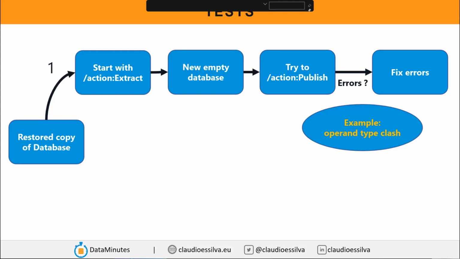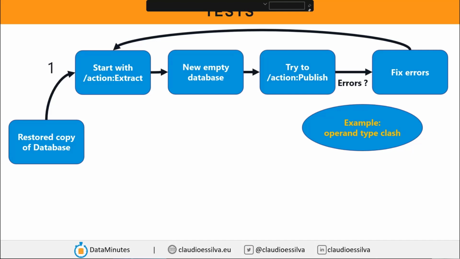Sometimes, and this is easy to happen, some structures change. Let's say a column disappears from a table, or a column changes its data type, and then a stored procedure is using that column in a different way. Because it was not refreshed, when you try to compile the stored procedure, it will fail, saying that I cannot have this data type. Therefore, if you find errors, you should come back, fix them, and extract again until you get that perfect.